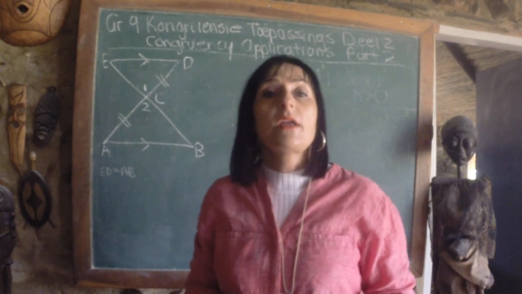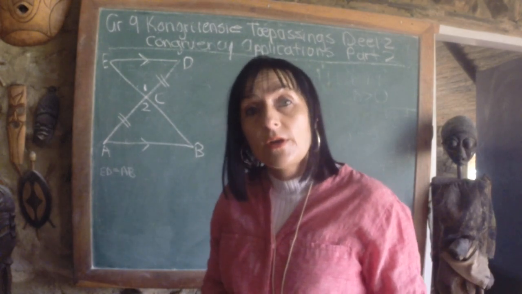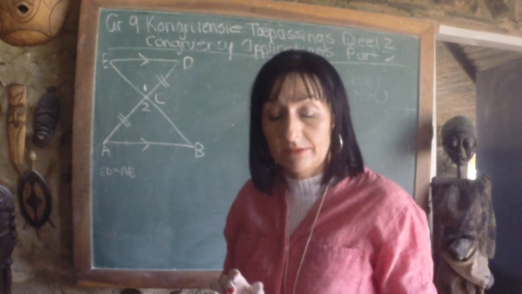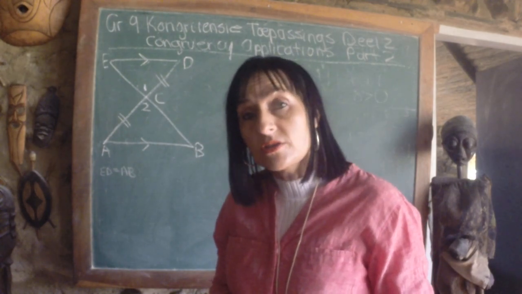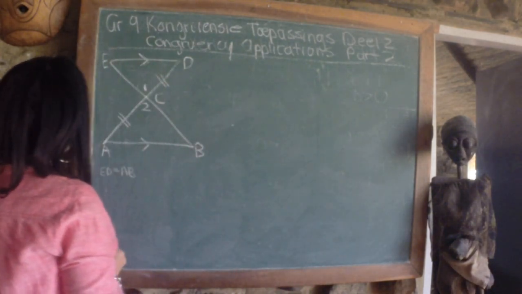So, in lots of cases, I simply use the congruency proof just to prove things equal within a triangle, without them asking me to prove congruency. So, let's start. If we look at this